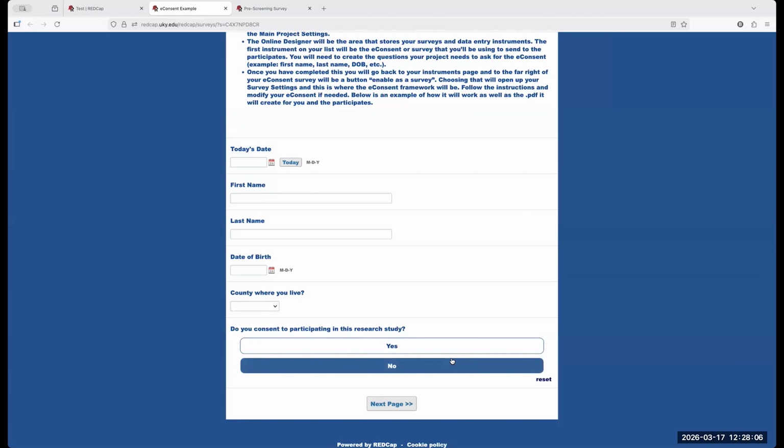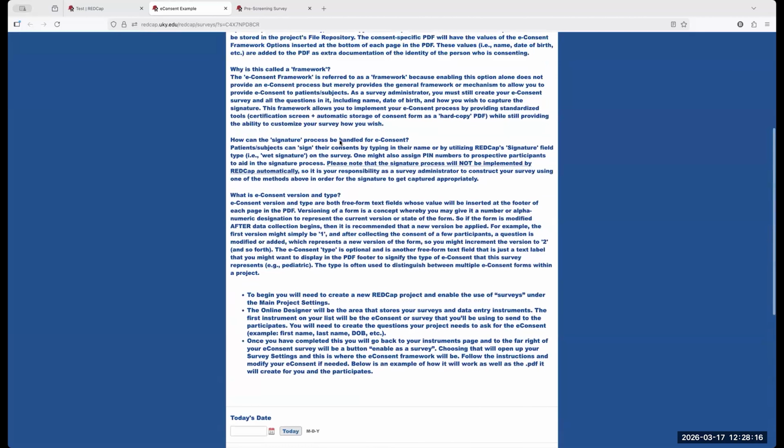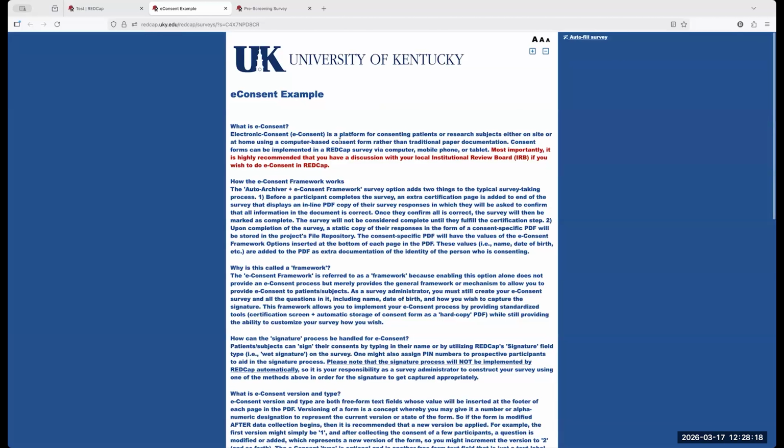It'll give you the example of the PDF that you can download, all that sort of thing. Again, I definitely recommend that you try this out, especially if you've never used an e-consent before. And if you're trying to apply for an IRB, I would definitely suggest that you go through the e-consent process, because this is important.